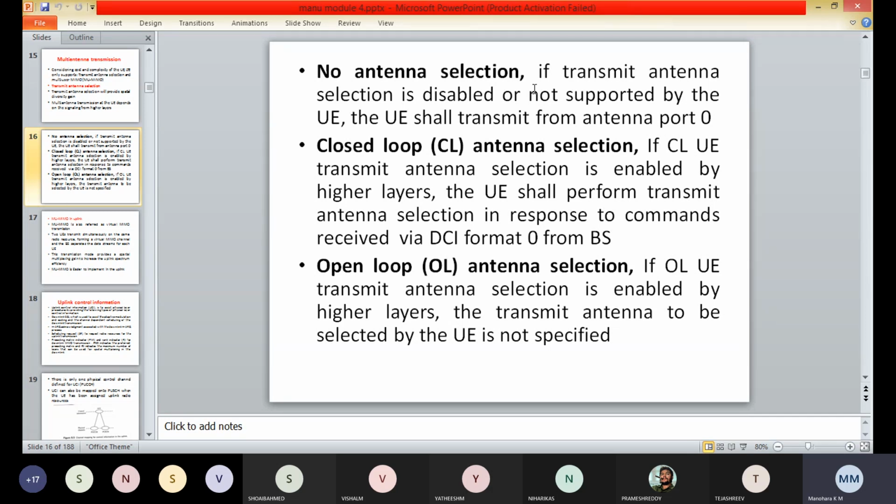So next we have the closed loop antenna selection, that is CL antenna selection.